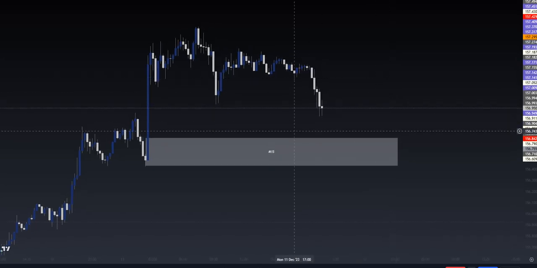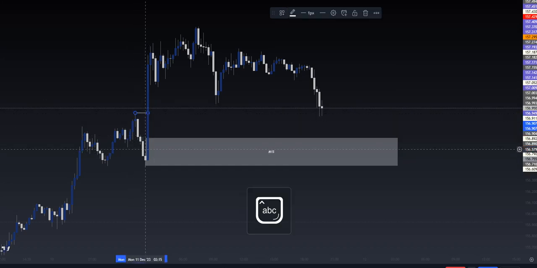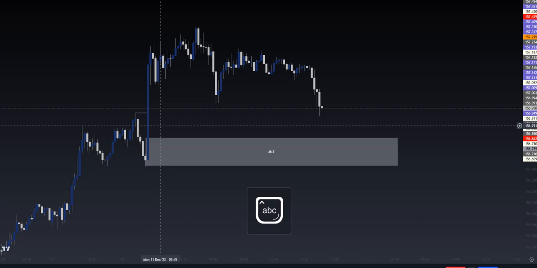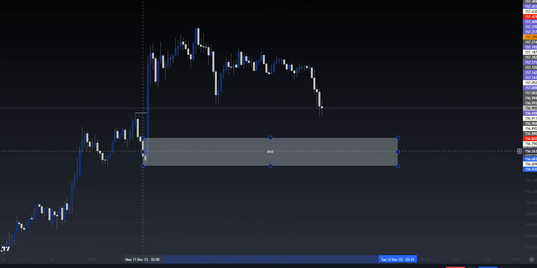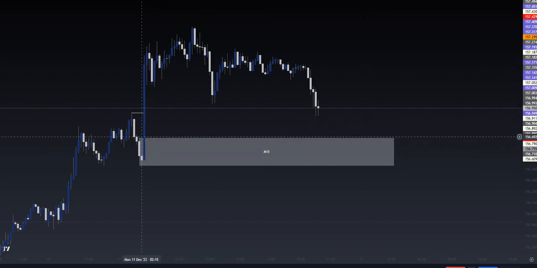So EURJPY, it starts off with this demand zone here. So the reason why this zone is valid is, per usual, when we see a huge impulse like that, or any impulse for that matter, we look for the origin of that move, right? Because this is where the demand or supply zone would be with these type of moves. In order for them to buy the market up like this, they have to hedge their positions. So they have to sell the market before they enter in and put the money in to make the market go up. So the way these zones work is this is when the banks hedge their positions.